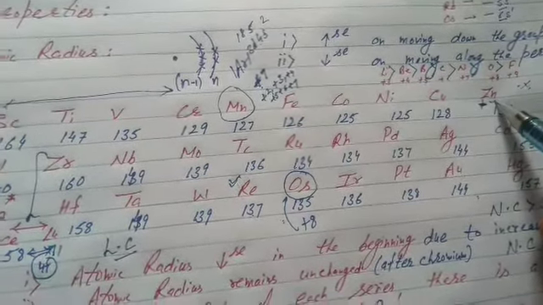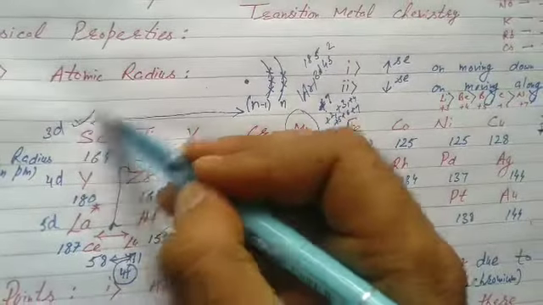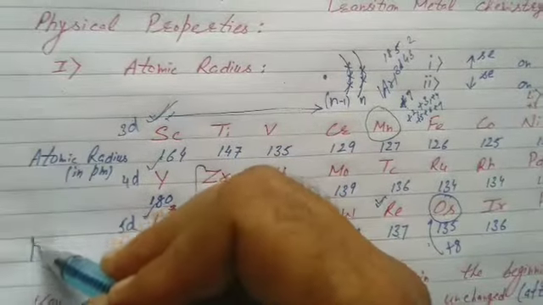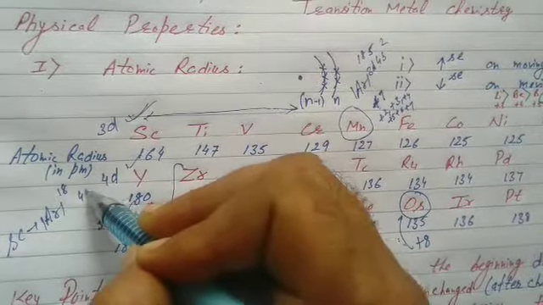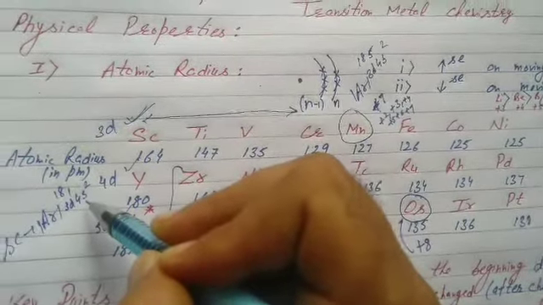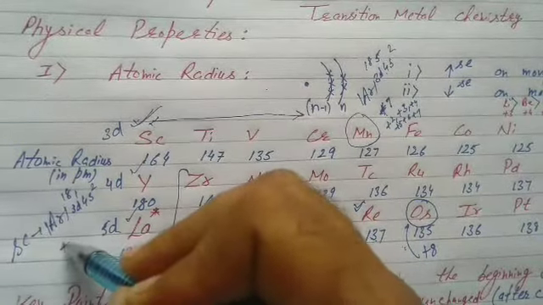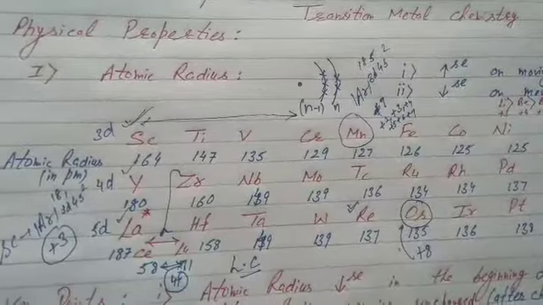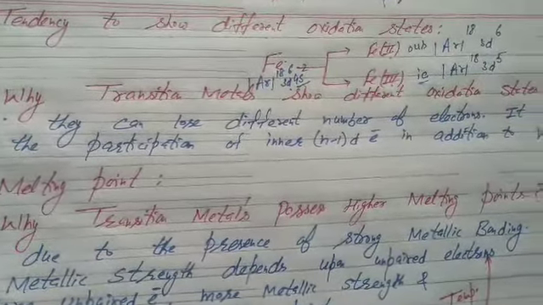The question is, name one transition metal which does not show different oxidation states. Your answer should be scandium. Maybe the first member of any series. Students, scandium, atomic number 21, argon 18, 4s2, 3d1. It does not occur in +2 oxidation state because it is highly unstable due to unsymmetry. It exists in +3 oxidation state. Name one transition metal which does not show different oxidation states. Scandium. It occurs in +3 oxidation state.